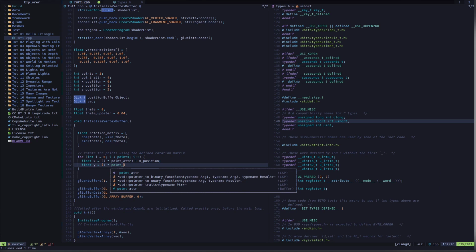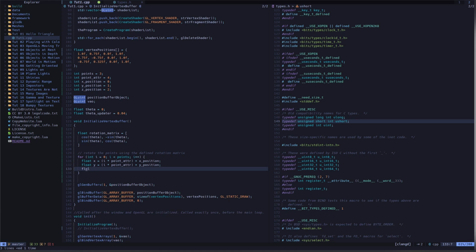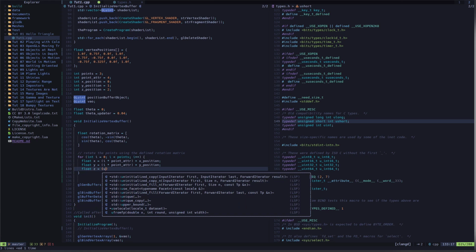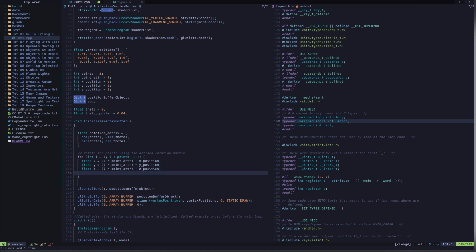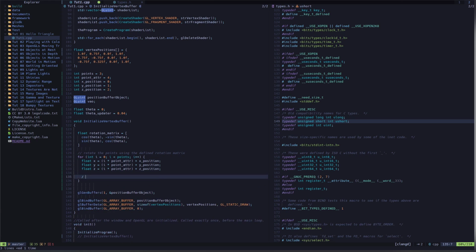I point attribute plus y position, float z, I multiplied with point attribute plus z position. So z, yeah, 1, 2, yeah, okay. And now what we just have to do is update them, update the points, update the values,